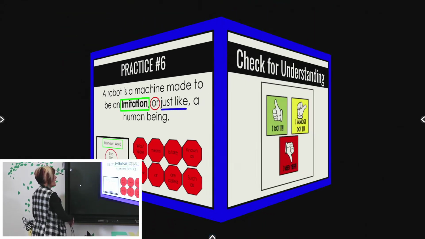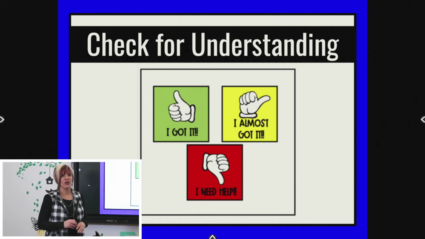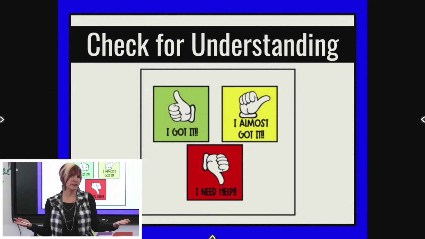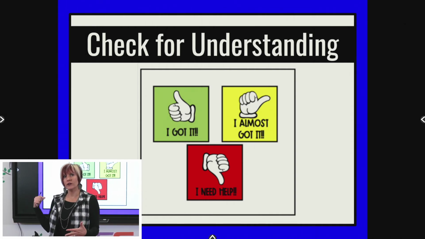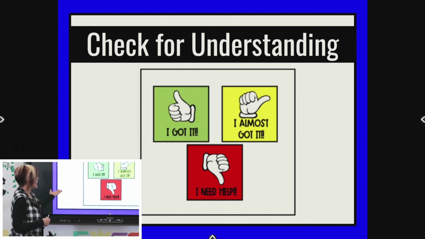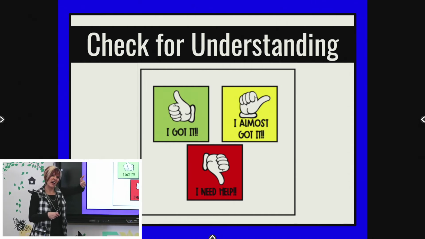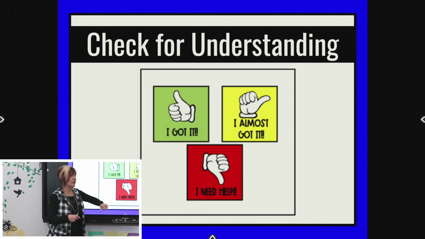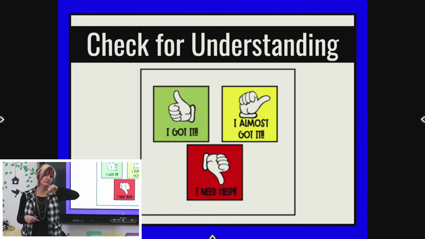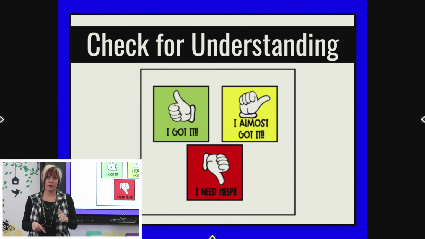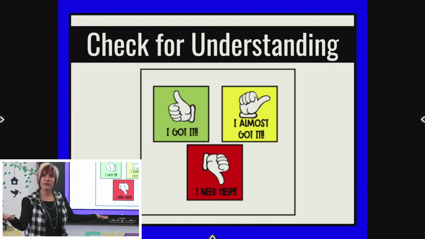You guys have done an excellent, excellent job today. So what I want you to think about is how you did today, how you feel about context clues. Going back to some of those, think about, do you have it? If you do, give me a thumbs up. If you've almost got it, we go sideways. And if I need help, do this. If you've got it, way to go. I'm super proud of you. And I'm proud of you even if you don't.